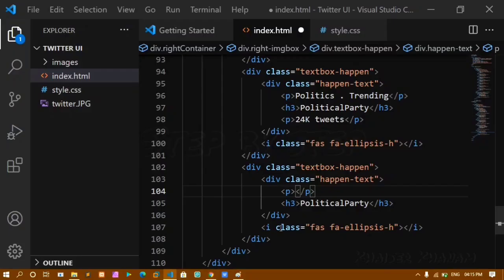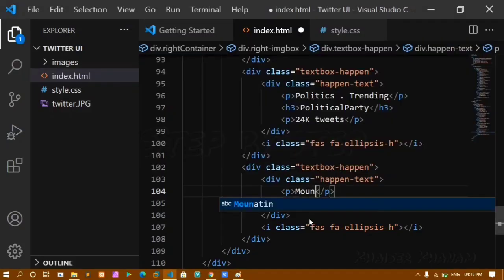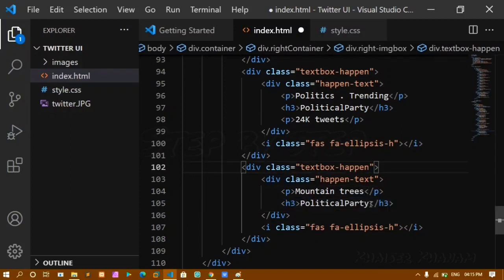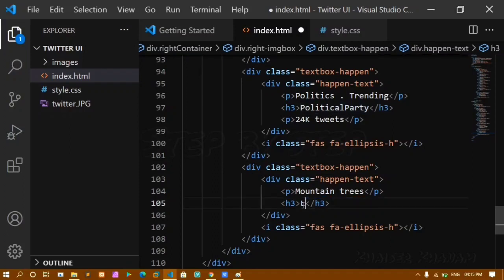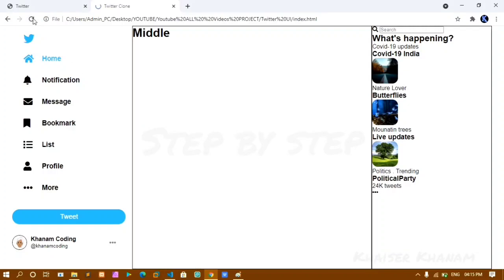Okay, same text I have given. I'll just give the same text here, mountain trees, and I'll just give here live updates. Live updates. I'll just save this one. Now if I come and if I refresh, you can see I got my div here.